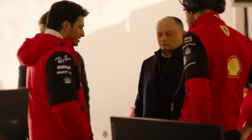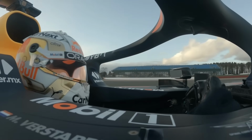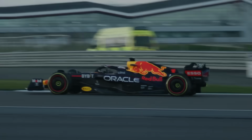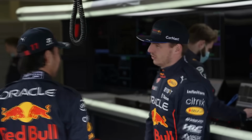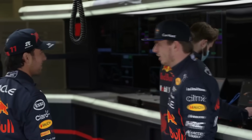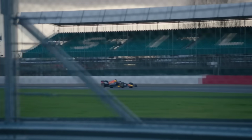backed up by Vasseur's optimism, Red Bull might find themselves in murky waters, especially considering the fact that they are no longer the best team in terms of tyre management and they do not have the strongest duo of drivers on the grid. With this in mind, could Imola be the race that will mark the turnaround point of the